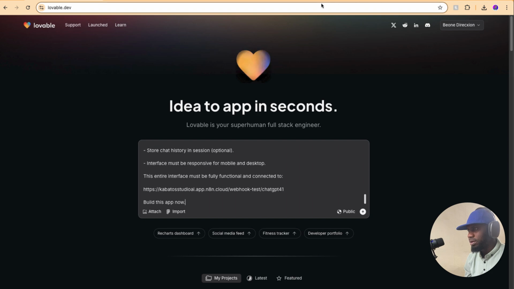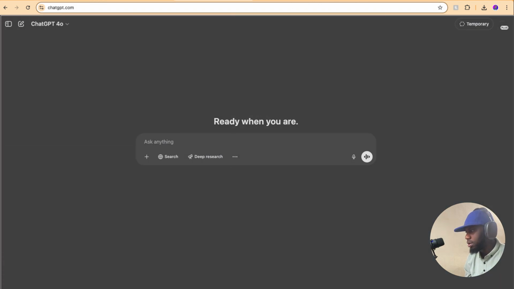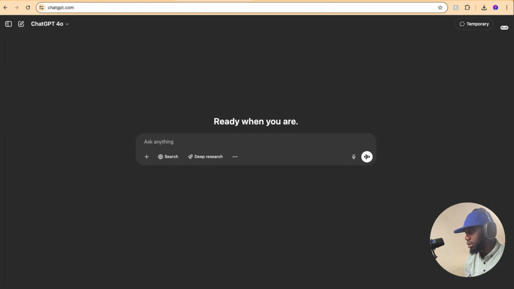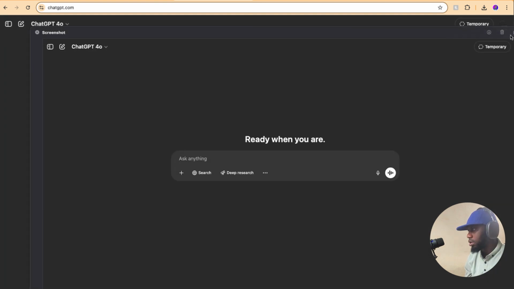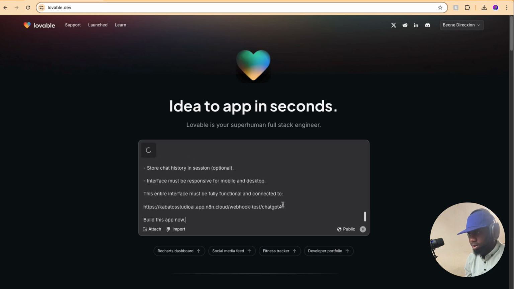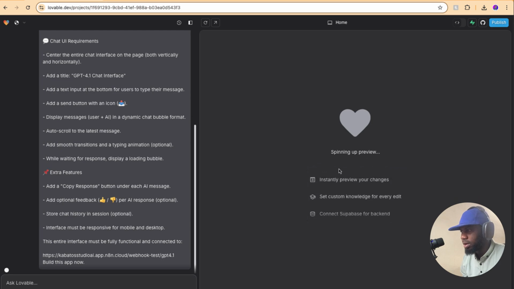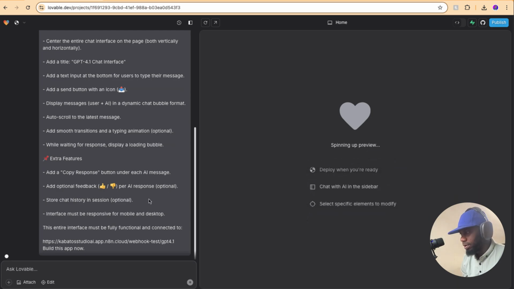Okay, I want to add the GPT interface to show the look I want, so I can screenshot this and copy it. Okay, go to Lovable and paste the image. It's done, and I send. I wait, it will create the interface here. During the coding on